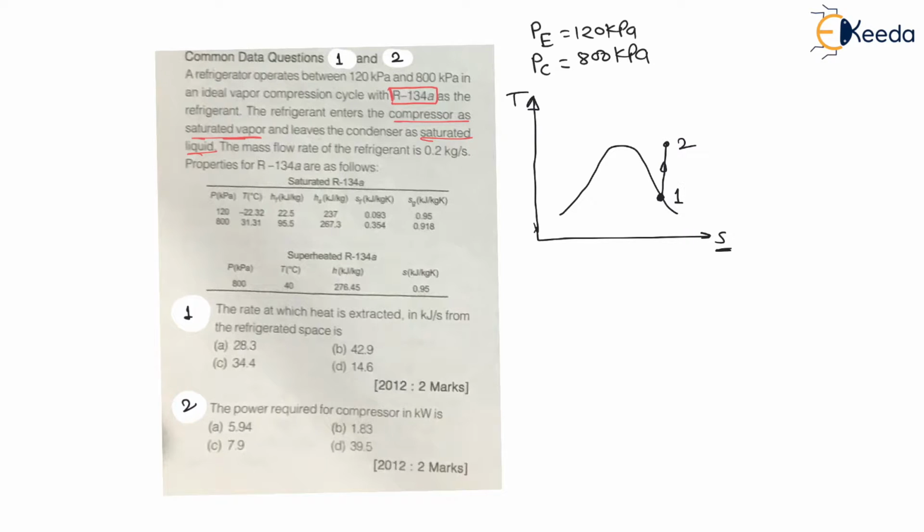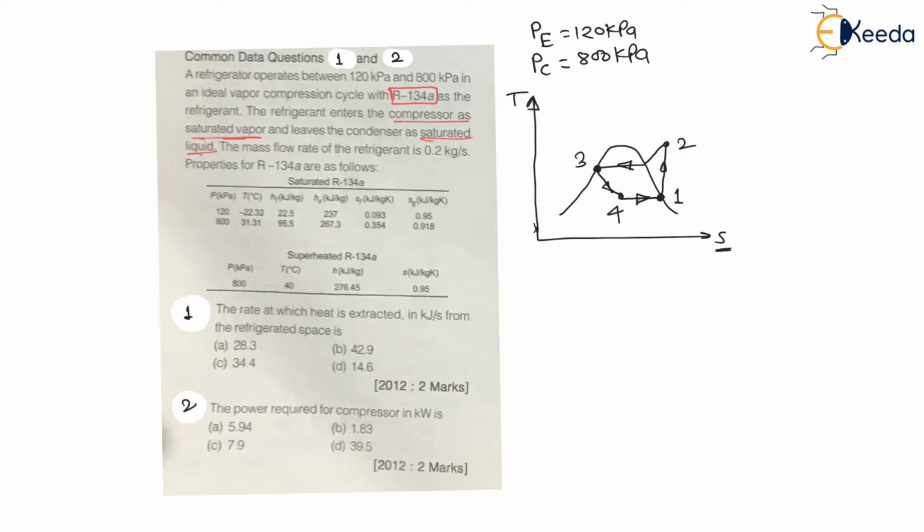And 2 to 3, there is a constant pressure heat rejection in condenser. Therefore 2 to 3 will be a constant pressure line like this on TS diagram, that we have already seen. And at the exit of condenser there is a saturated liquid state, means 3 is saturated liquid state on saturated liquid line. Then from 3 to 4 there is a throttling, that is isenthalpic, constant enthalpy, entropy increases, temperature decreases, right? This is throttling process.